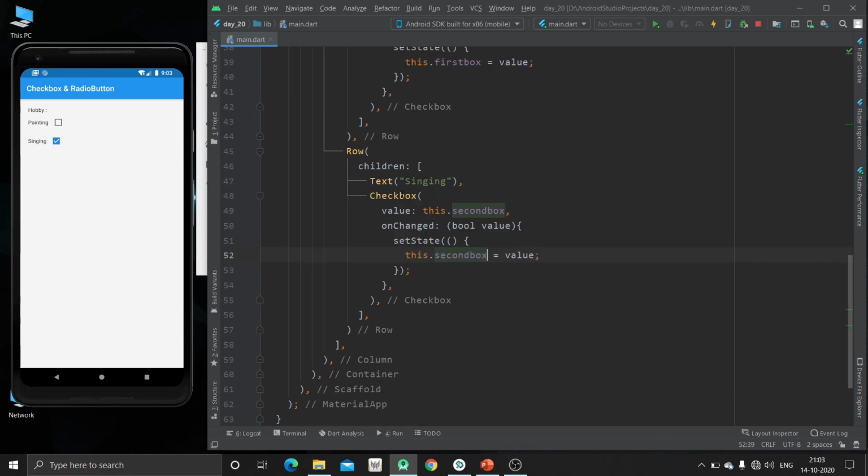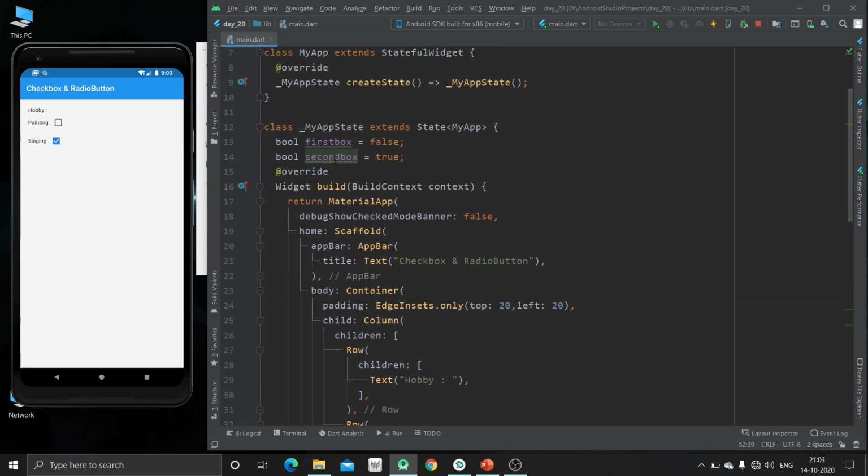So now you can see, as we have specified the second box boolean variable as true, so by default the singing checkbox is getting tick mark. So we will just make it false, so that by default it doesn't contain any value. So now just hit Ctrl and S.